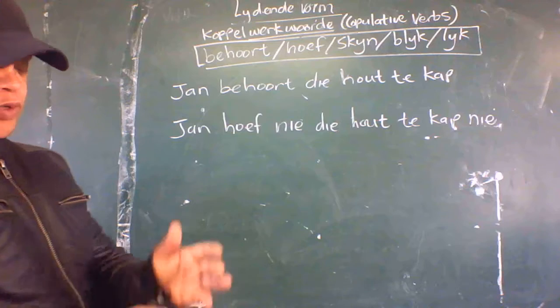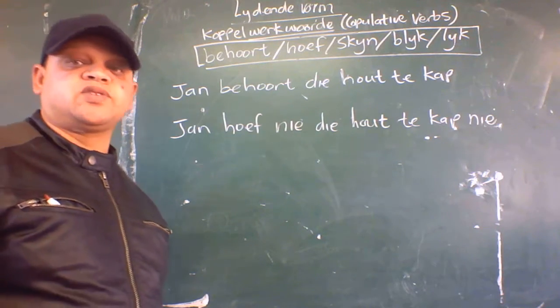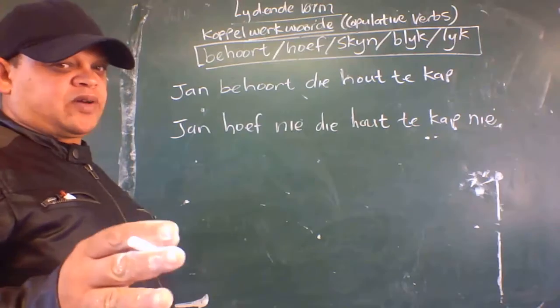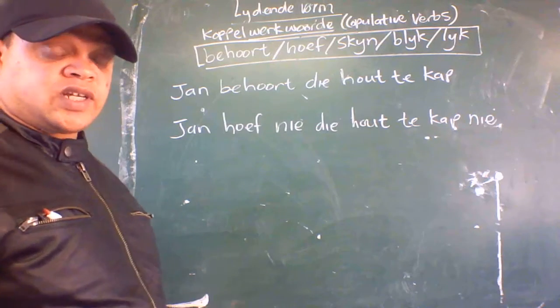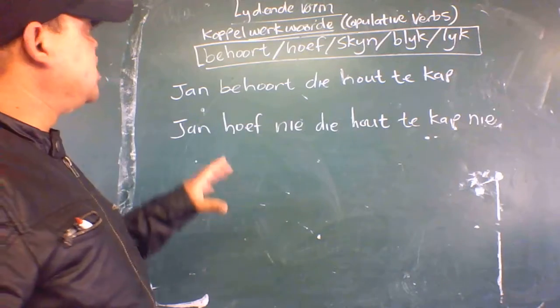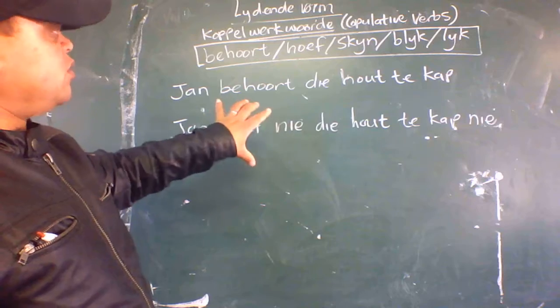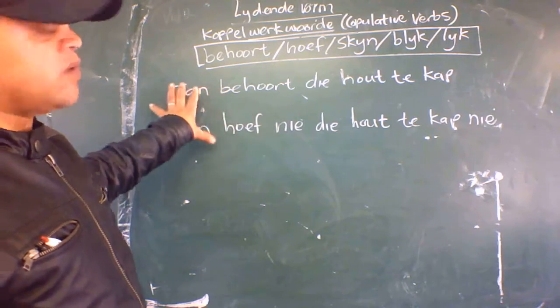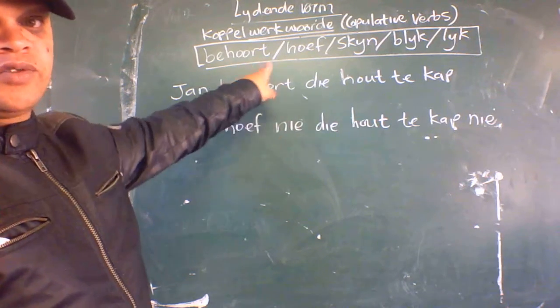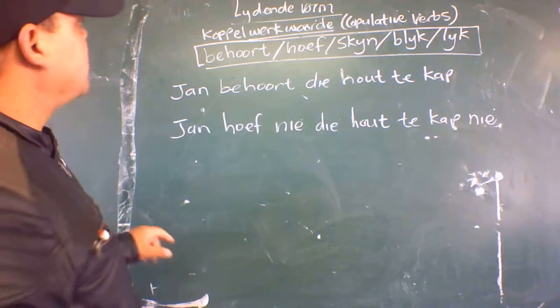Right, you can go through your textbook, I think it's from page 280, somewhere right at the back of your textbook, Afrikaans op die grens, the orange one, green one, purple one, blue one, whatever. We will find these copulative verbs right at the back. I just want to give some clarity on how to use them in the leidende vorm, how to change your sentences in the leidende vorm.